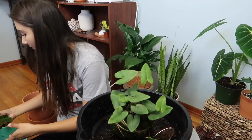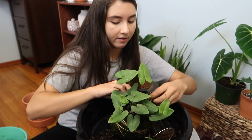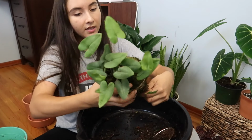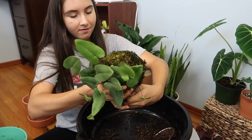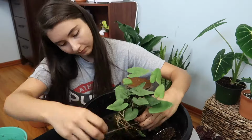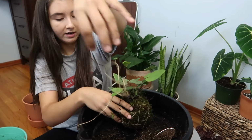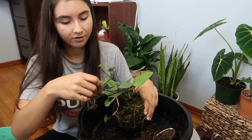And I need to add a little bit more moss on the side right here. There we go. This ball is looking a little funky, but I'm gonna wrap it so it looks like a real ball. Okay, and I'm gonna cut the string now. Oh, maybe up here. Cut the string